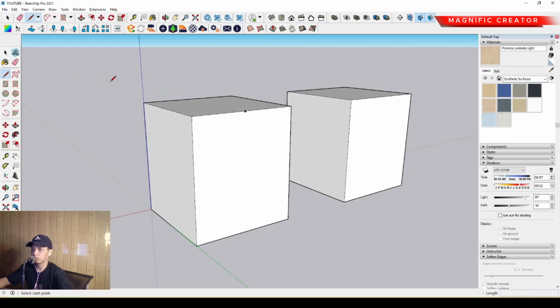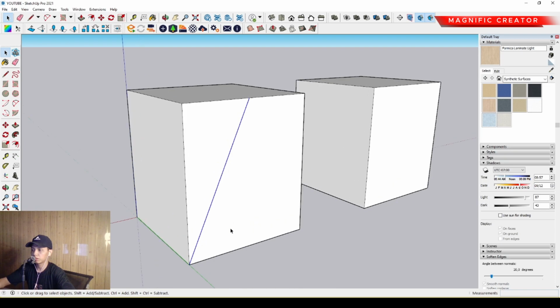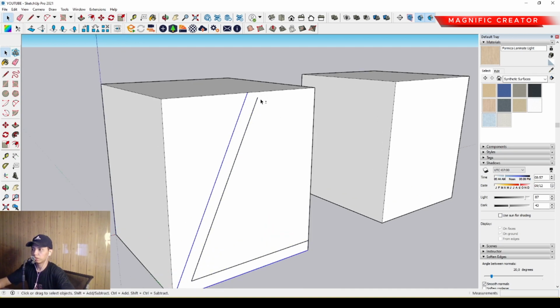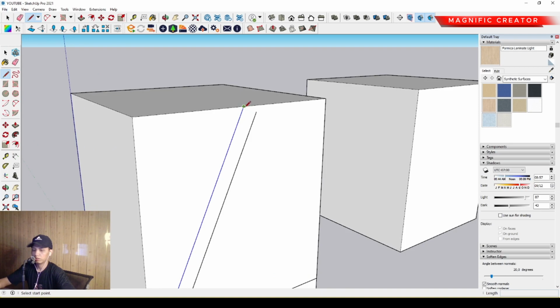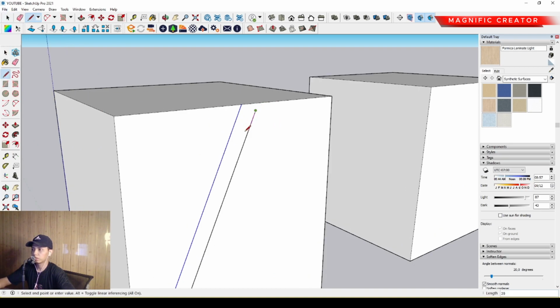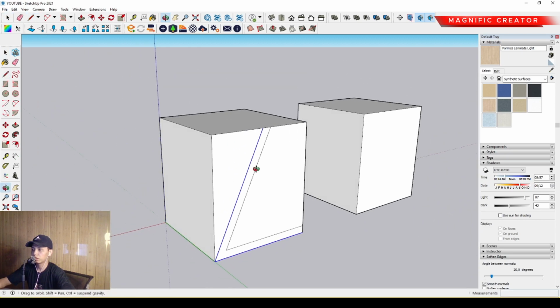We can use the line and place it in the middle, and we can offset it inside. We can select the line first, then we can offset around 30 millimeter. Okay, and then we can continue the line to the top. Then we can push it to the limit